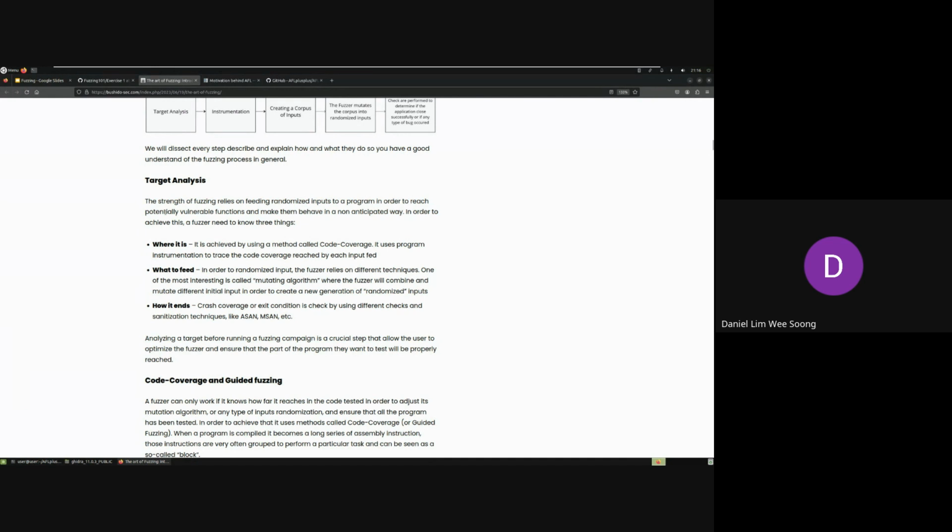But a very successful researcher, from a lot of the conference talks and work that people shared, they always share that at first they determine which part of the program they want to fuzz. For example, if there's a library in the operating system, the library may have